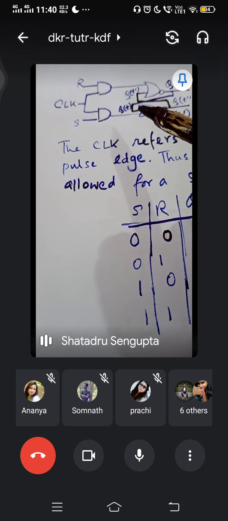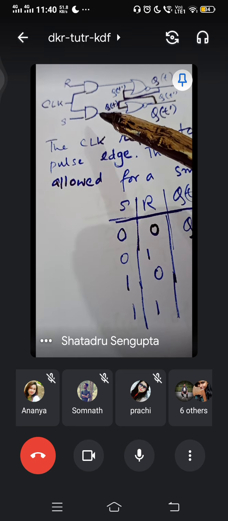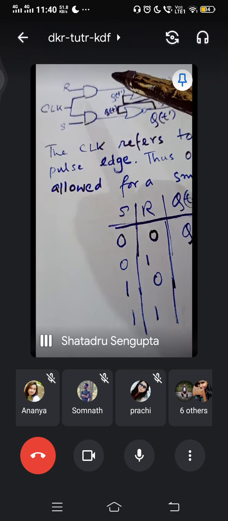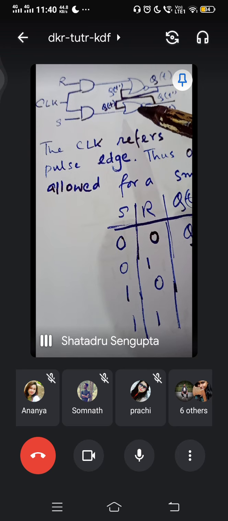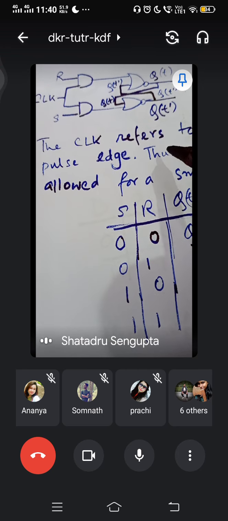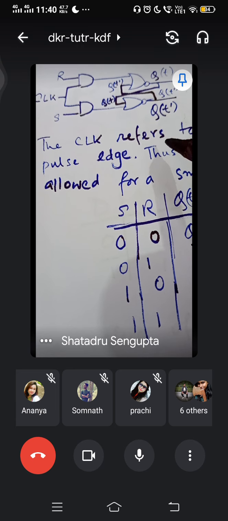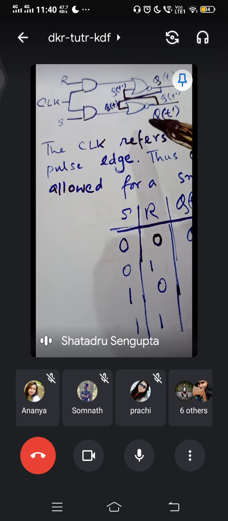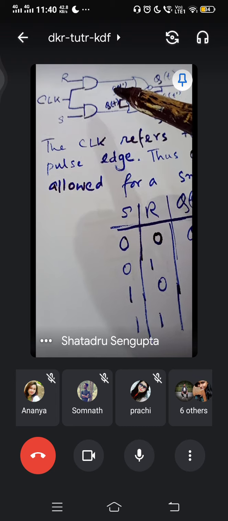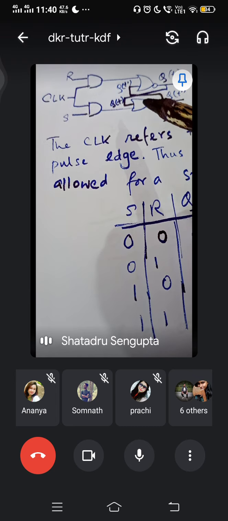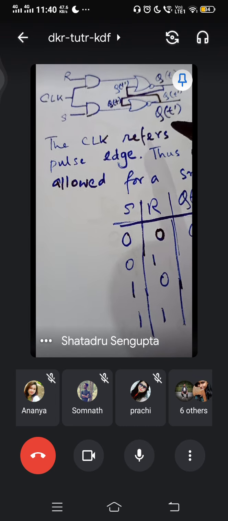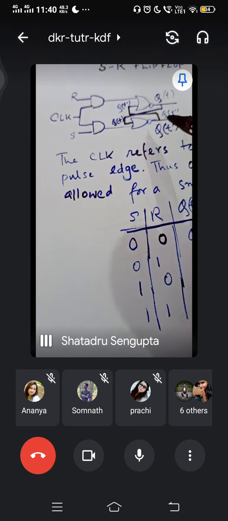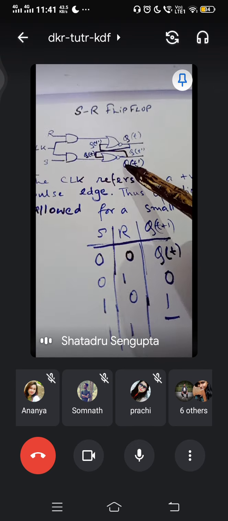But in a flip-flop, this is corrected by making it an edge triggered device. So when you set it, it gives a set signal, and that's it, then you can read it again. If it's a reset, it gives a reset signal, and then you cannot read it again. This is how it works. So this is the SR